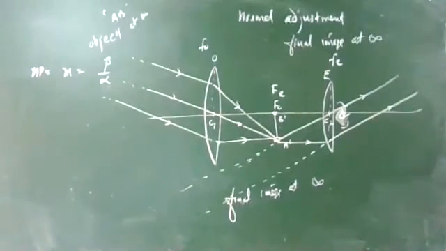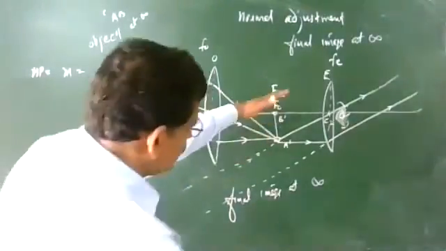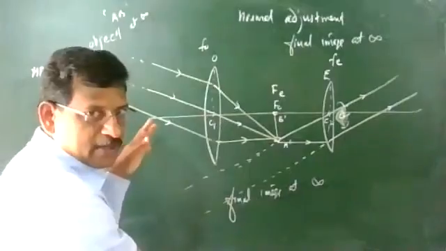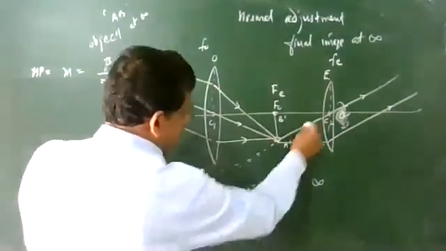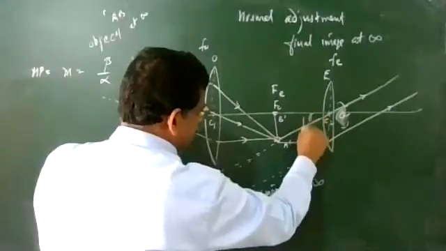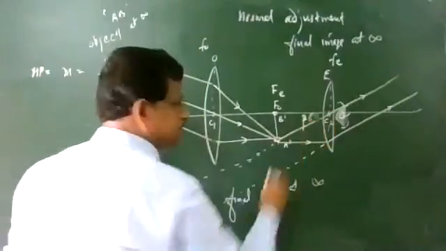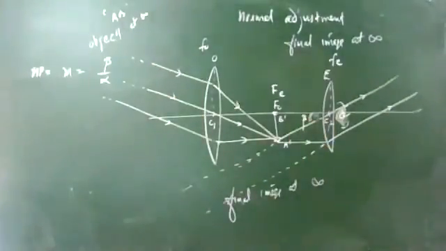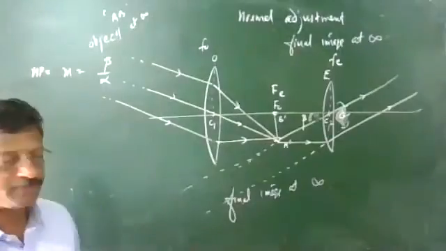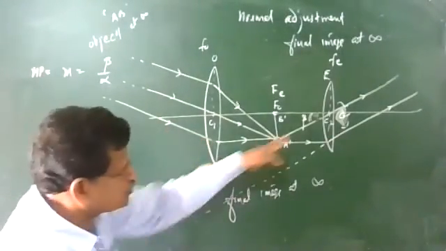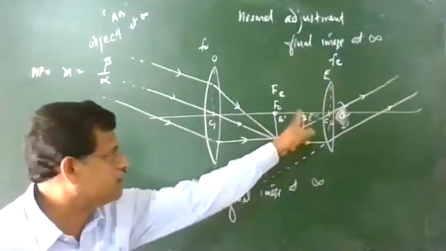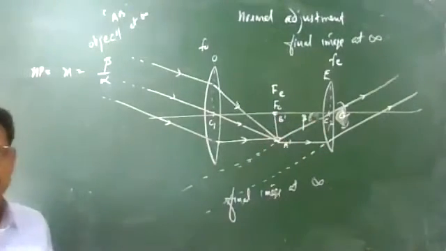They are already at infinite distance, so you have to mark the angles beta and alpha. Where is the angle beta? You can see that the image is formed at infinity, so this angle coming here will be angle beta. Because it is going far away, the triangle will form like this for angle beta. So you can find beta from the small triangle.